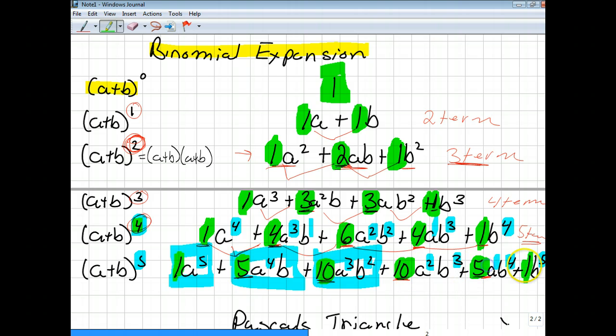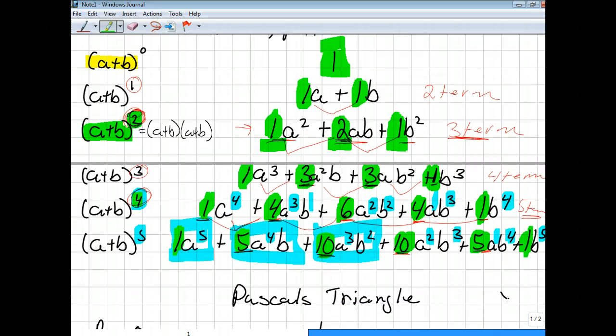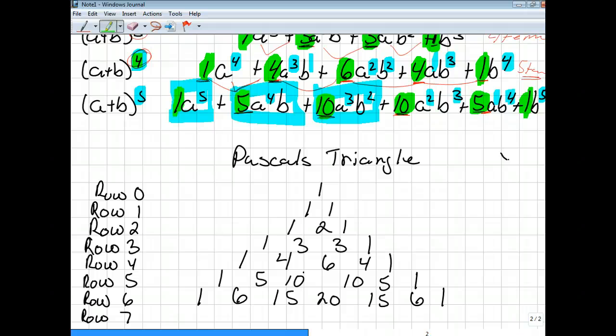And Pascal's triangle gives us the coefficient of each term in the binomial expansion. When we multiply these out, that's called a binomial expansion. Okay? So if we take just the coefficients, we get Pascal's triangle. So Pascal's triangle, row 0, the first row is called row 0 because it's to the 0 power, gives us